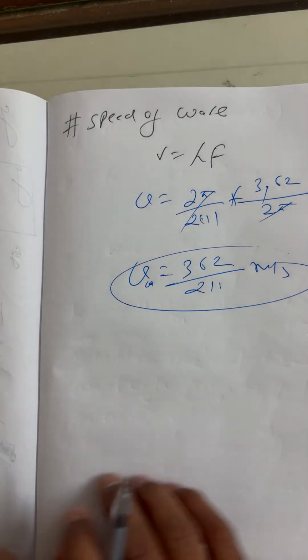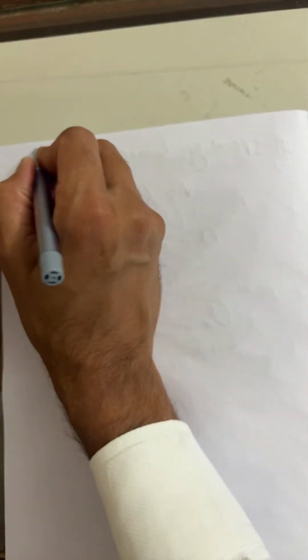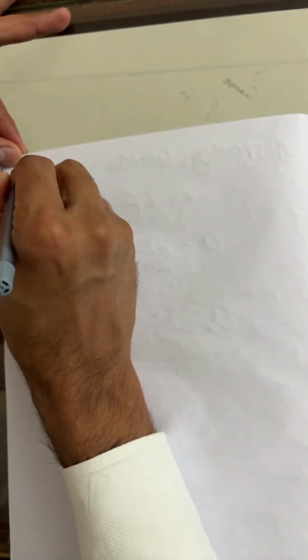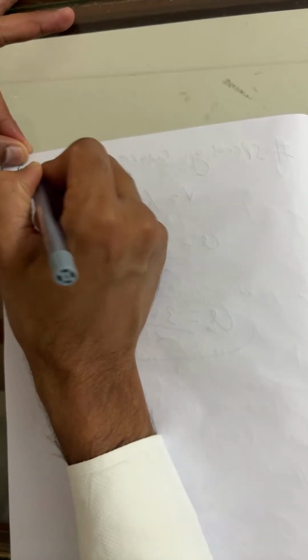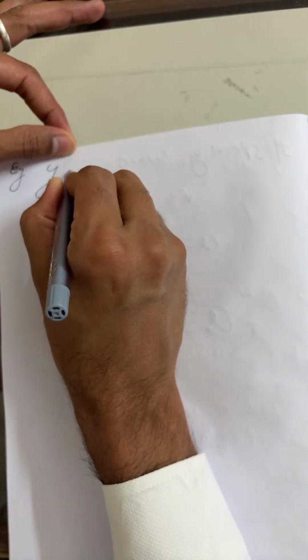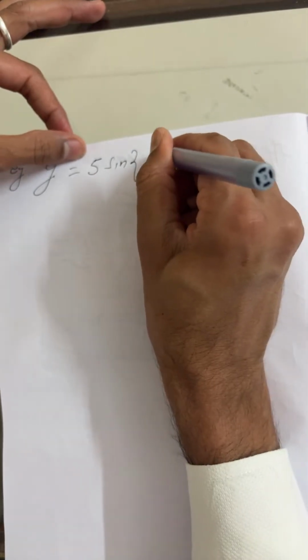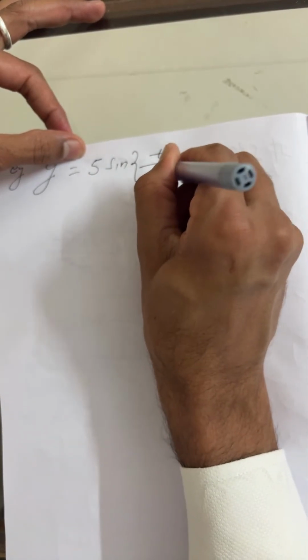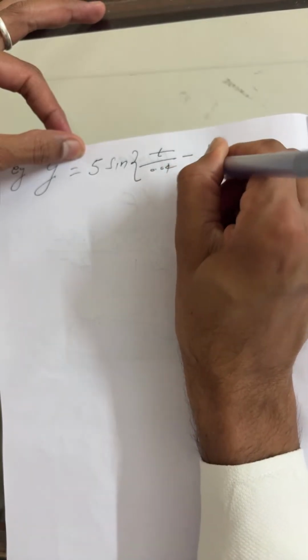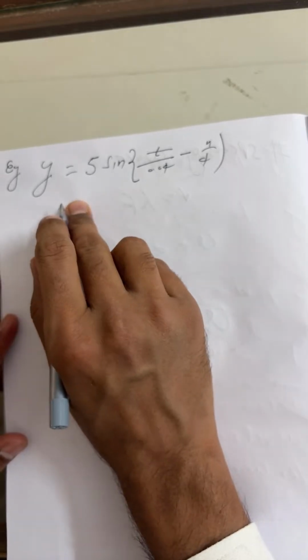Next question. So you can see what's our next question here. Let's do the next paper. Let us suppose I'm just taking the displacement equation: y equals 5 sin of (t upon 0.04 minus x upon 4). This is the condition, right? So in this question you have to determine